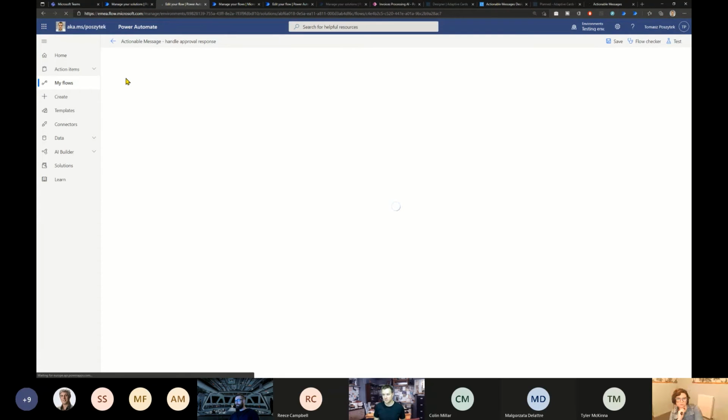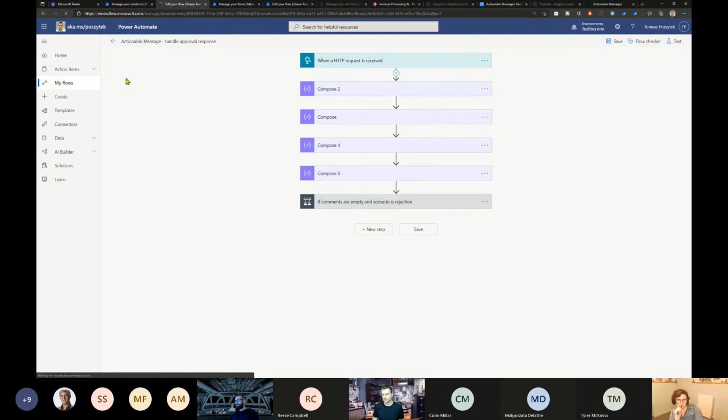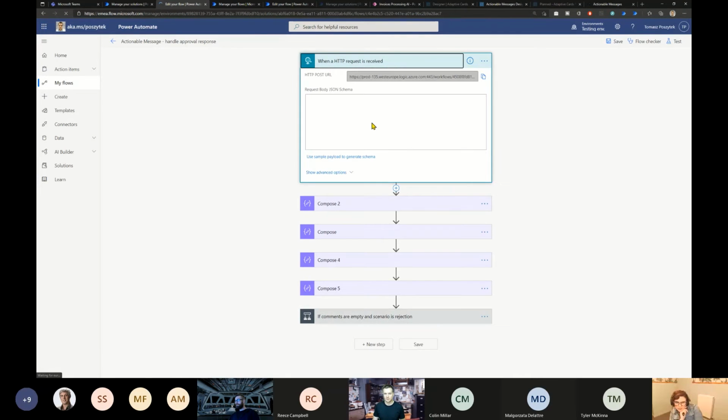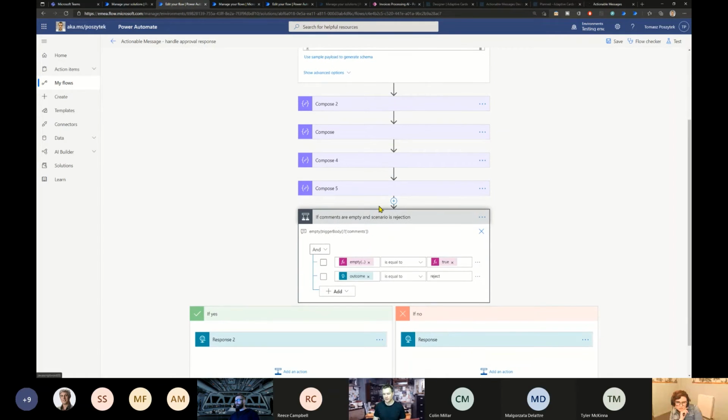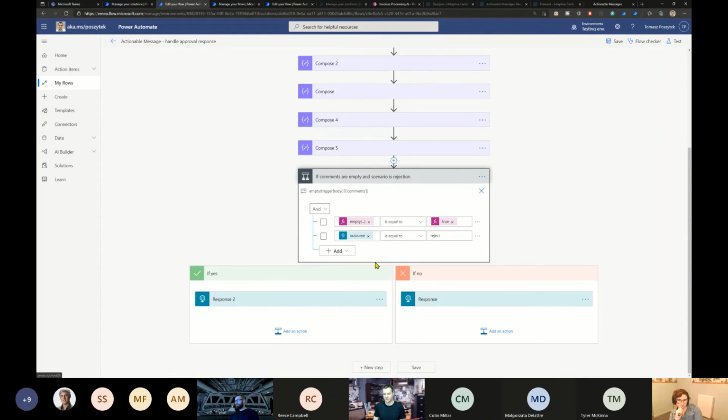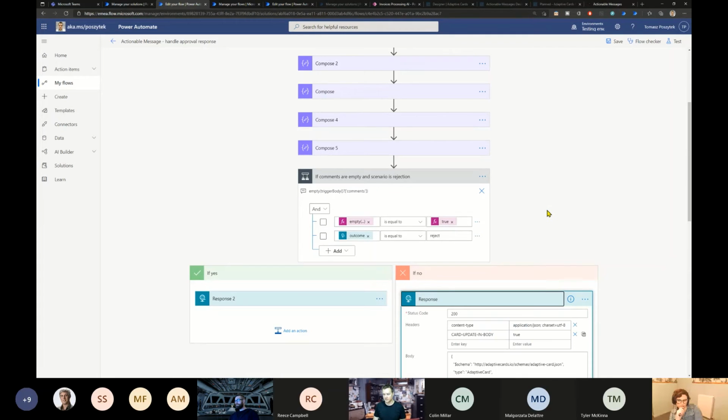However, I think this technology was never meant to be free. But anyway, you saw how the request body is created, so it only contains the comments and the outcome, so it's quite easy. And then what I'm checking is whether the comments are empty. If the comments are empty, then it is going to send this